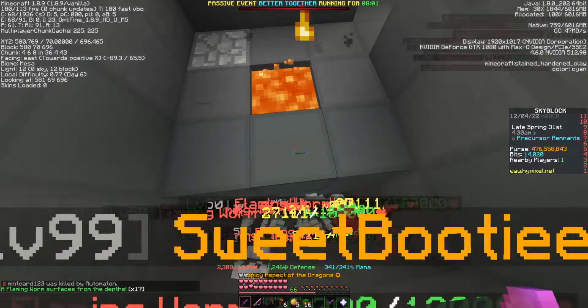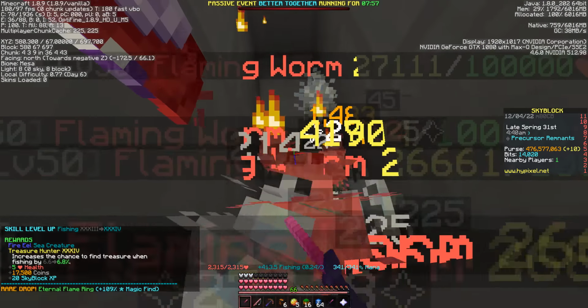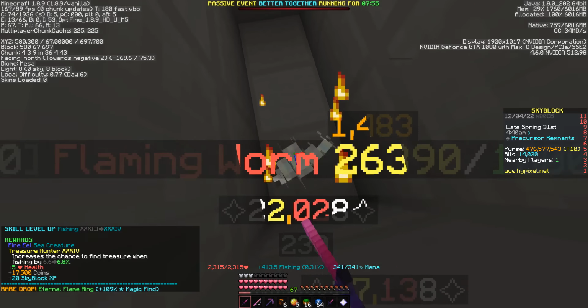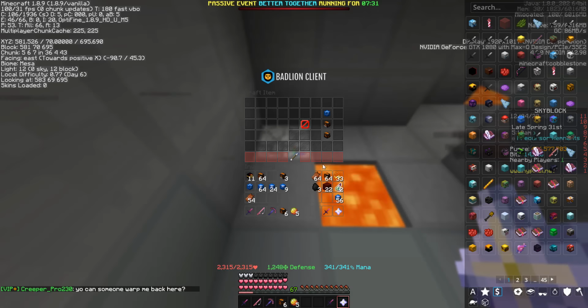Guys, are you ready for this? Are you ready? Check chat. Check chat. There it is. Fishing level 34. Kind of crazy. That's a GG. So far here, we've been only selling the bigger things like the membranes and kind of just